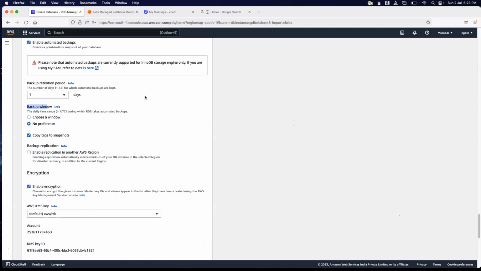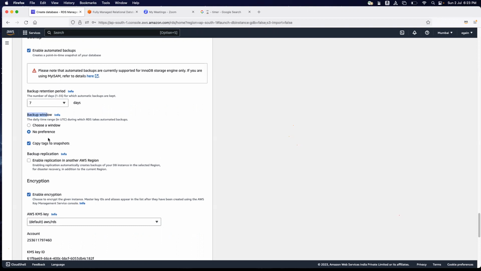Now, during the backup, you can see that there's an option called a backup window. Sometimes you have to choose a proper or right backup window, because if you don't define that window, AWS can trigger that backup at any time. And sometimes